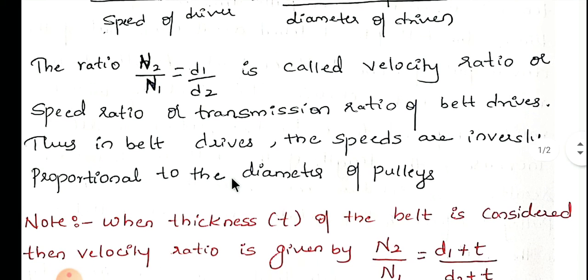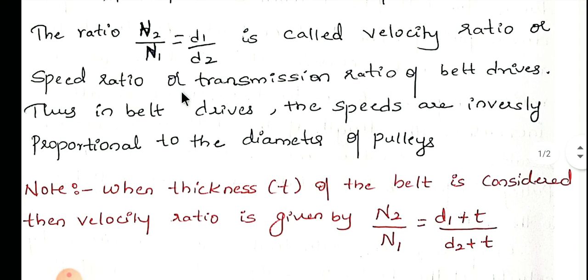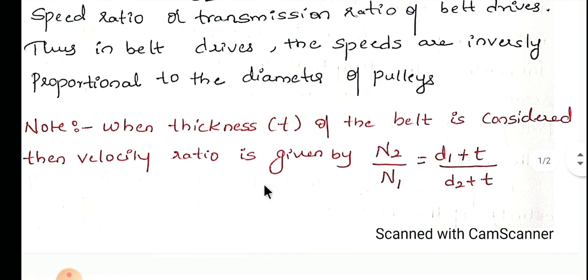If you are going to consider the thickness of the belt, then you have to add the thickness to the diameter of the driver pulley as well as the diameter of the driven pulley. In the equation below, you can see I have added the thickness to the diameter of the driver pulley and the diameter of the driven pulley. This is about the velocity ratio, transmission ratio, or speed ratio. Next, we will see about the